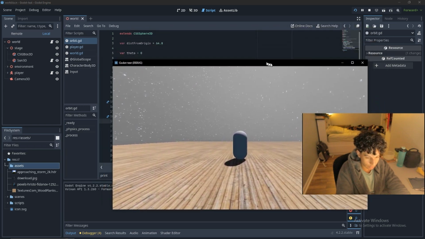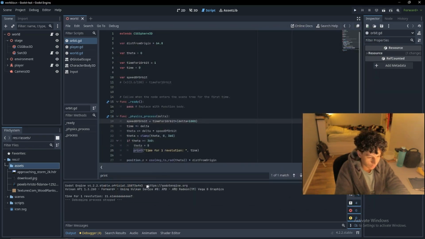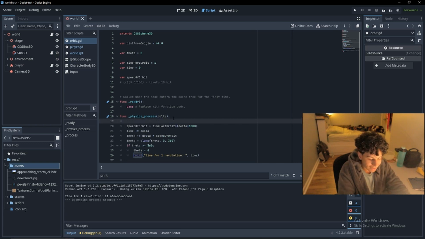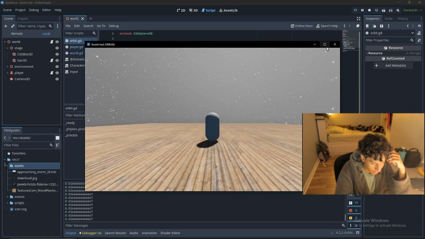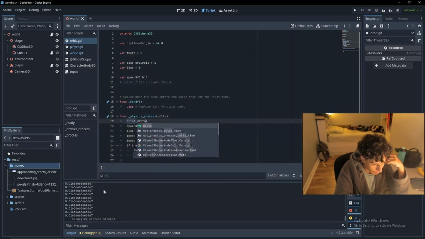Still didn't finish its orbit. Wow. 21 seconds when I did that. So what is delta? I don't get it. Print delta. Is it a big number or a small number? 0.016. So if that's delta,